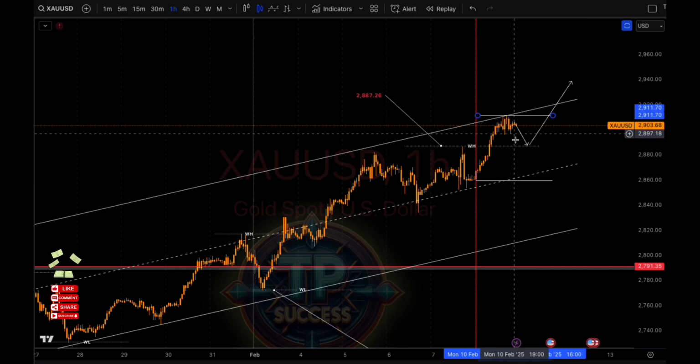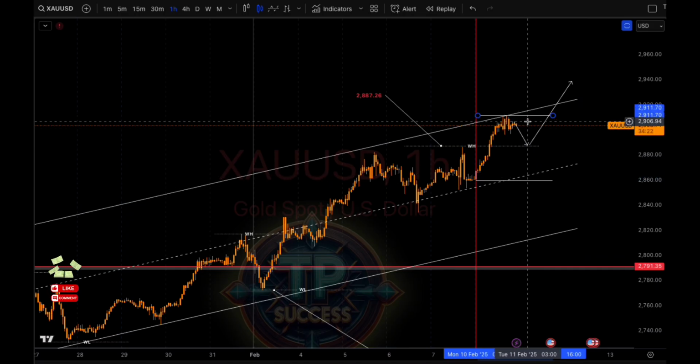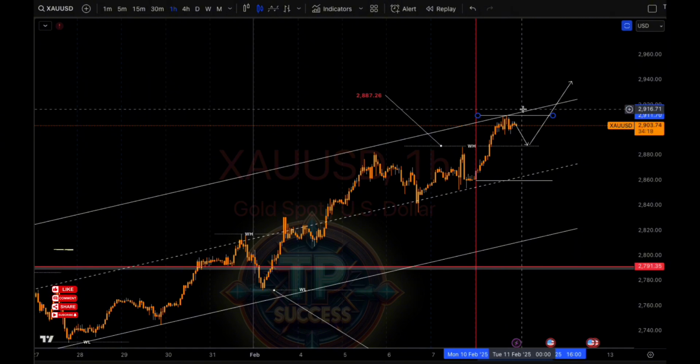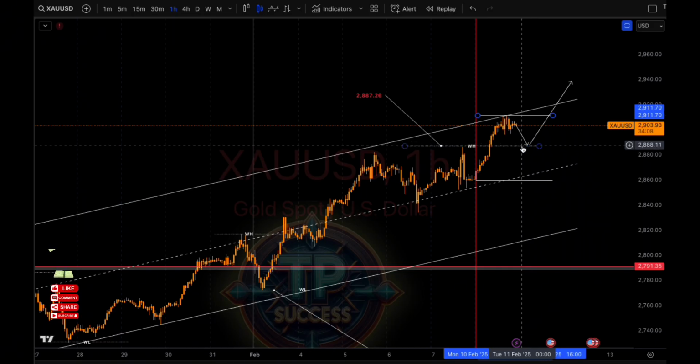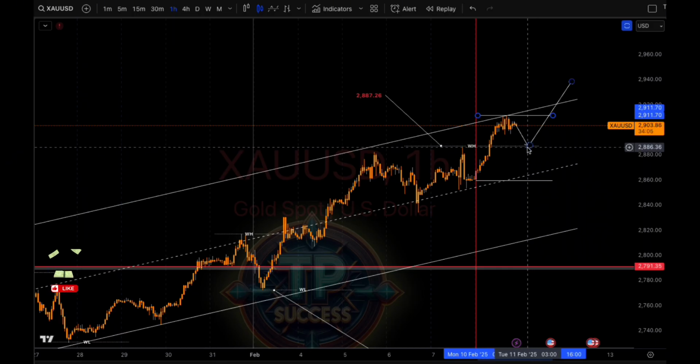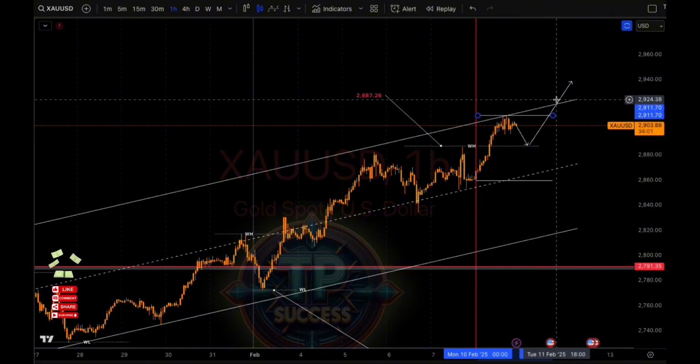So if these two levels hold, then what I'll be waiting to see tomorrow is if price breaks above this level over here. I may consider jumping in with another buy, right? However, what I hope will happen is that we get some type of pullback and a rejection at this weekly high level over here, and then price will begin to push upwards,